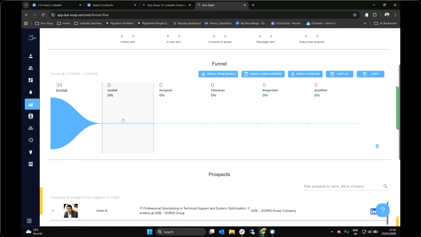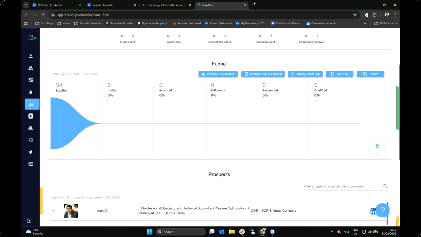Once invites are out there, we'll start to see people hopefully accepting my campaign request, and they'll start to appear here. And then follow-up messages will go out accordingly. And as responses come in, they will appear here. Now, this is something where perhaps I need to just grab one of our, actually I might be able to